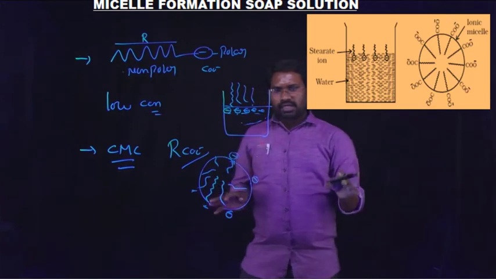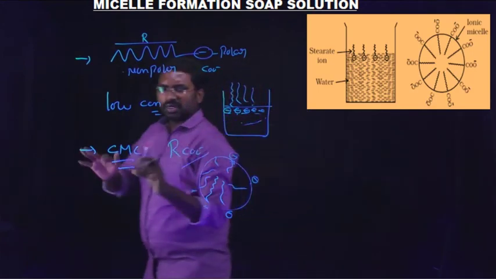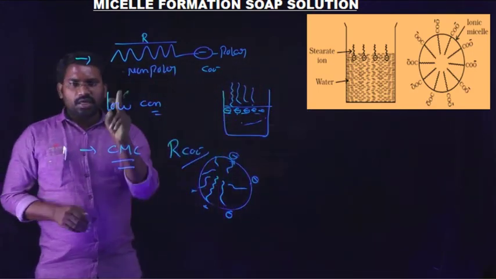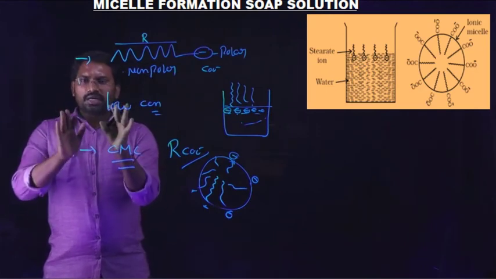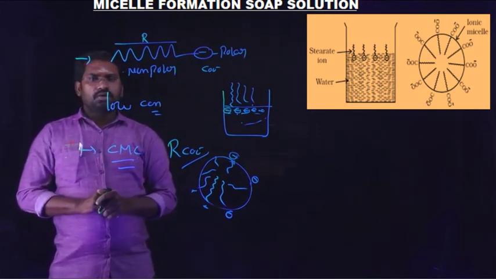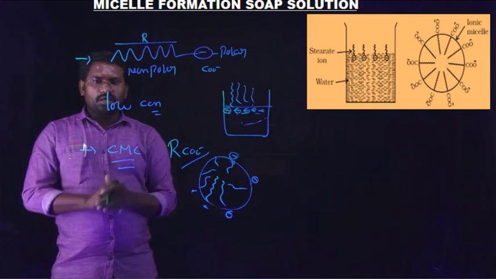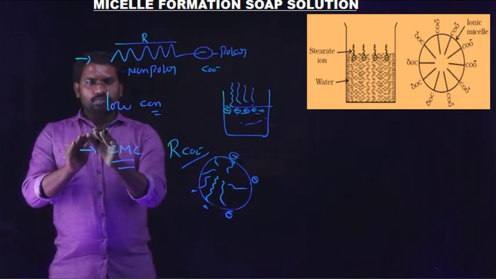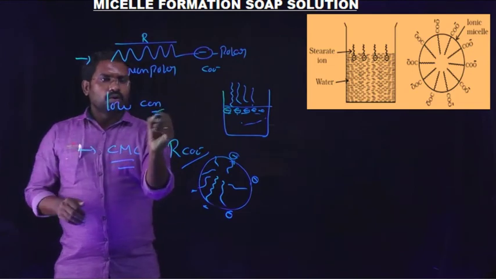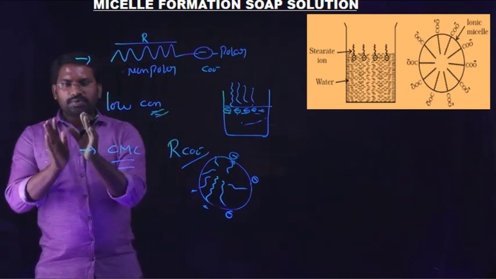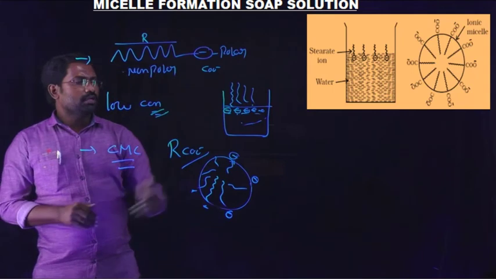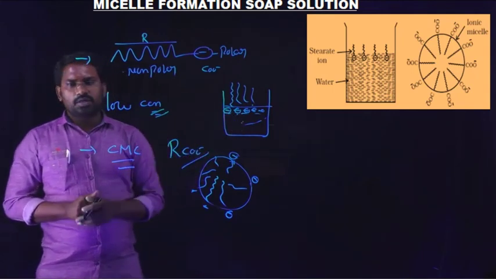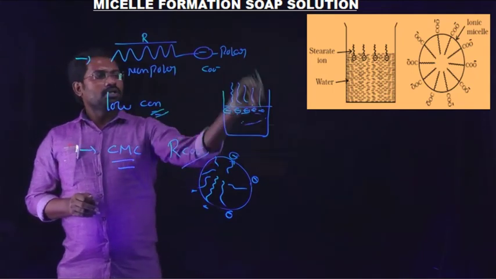Okay, why does the reaction take place like this at the critical micelle concentration? Clearly, it is identified only by the difference in concentration. When the soap is dissolved in water, that means the ions present in the soap, at low concentration, soap forms a crystalloid with water. That's why the polar group is present inside of the water and the hydrocarbon part is present outside of the water.